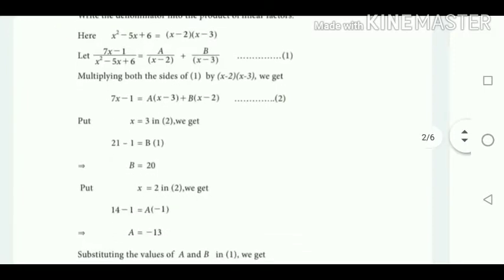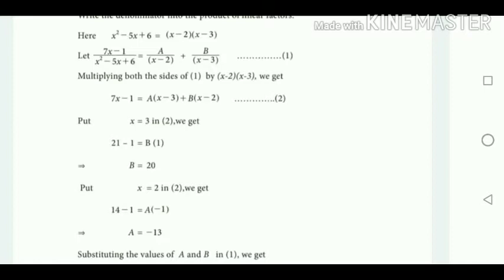Listen here, a into x minus 3. If you put x equal to plus 3, the a factor is 0, that is the term a becomes 0. Then b into x minus 2: the opposite of minus 2 is plus 2, so 2 minus 2, the b factor becomes 0. So we have two values, one is x equal to 3 and another one is x equal to 2.